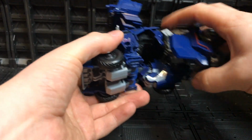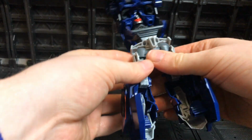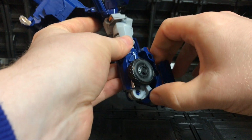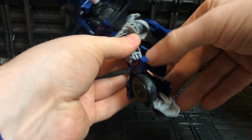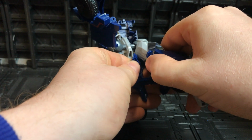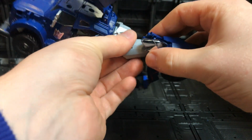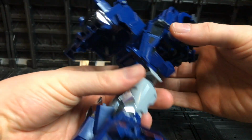Then we can bring out the leg and bring out the other leg here as well, and then stretch him out, and then once we've stretched those out, bring this piece up and take the foot down. So flip it round and bring the foot down, and then this piece here, you can see that tab there just goes into this tab here, so you just bring that tab around there, and then you can do the same on this one. So just bring this tab around, and then you can bring it down. Then you've got his little leggies done there. Once the leggies are done,